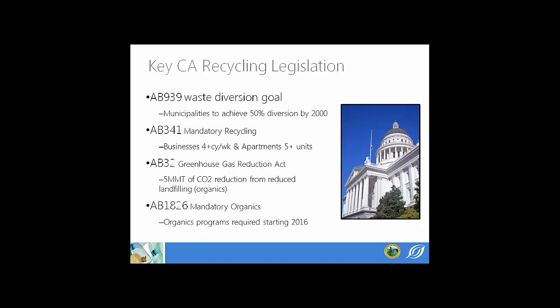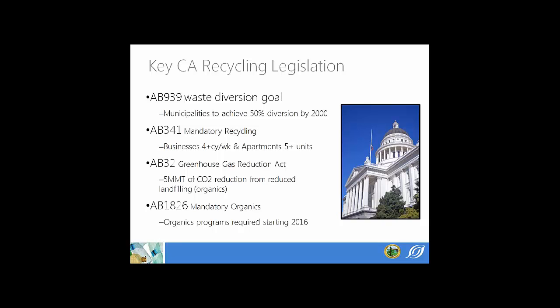The next section that I'm going to get into is some of the key legislation that's happening here in California and locally as well. California has been amazing at the type of environmental policy that it's enacted across the board related to recycling and waste, energy, water, all of that. There's some very landmark, historical legislation that has passed over recent years in California that I think it's great for you to have a little bit of background on.